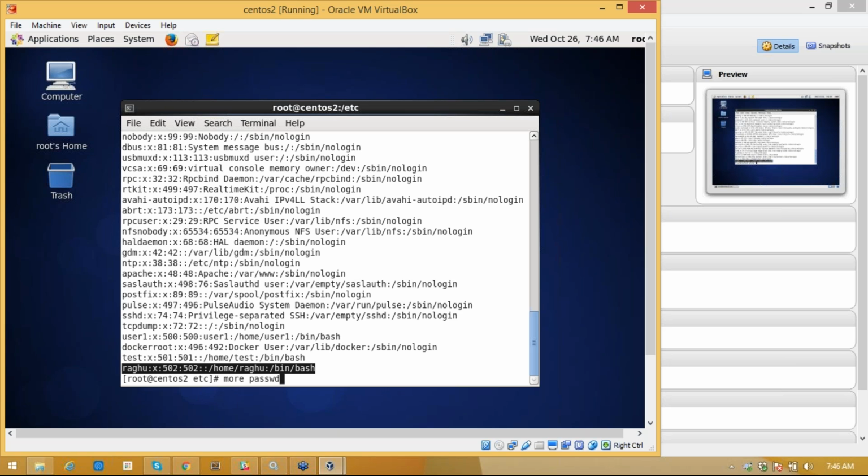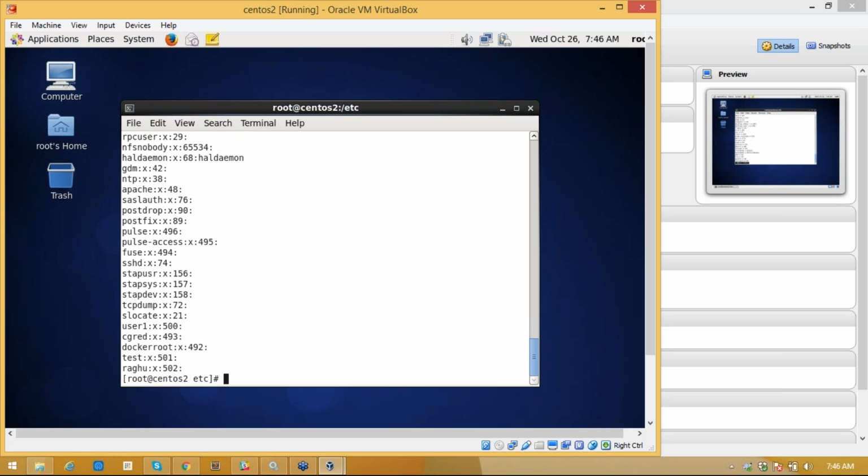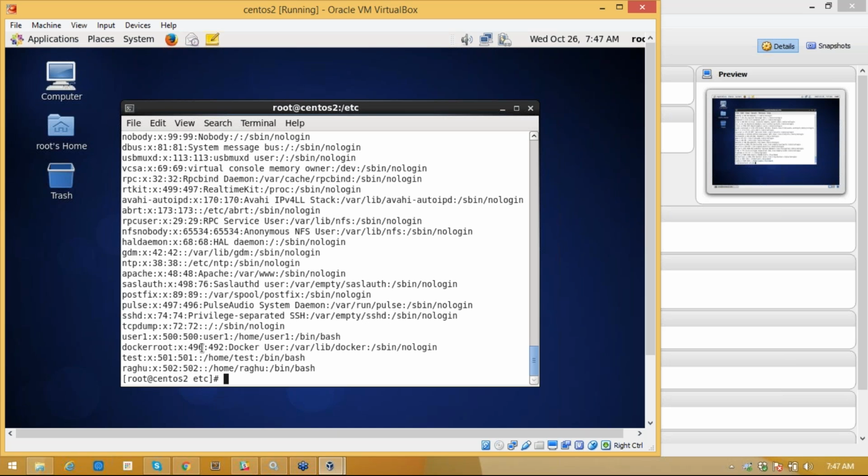We'll also see what group it is assigned. Let us say there is a file called group. Here you see that it has also created one group called Raghu. Group ID is 502. If you see the passwd file, Raghu has been assigned to group 502.